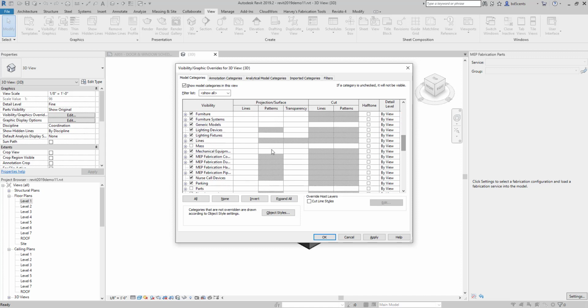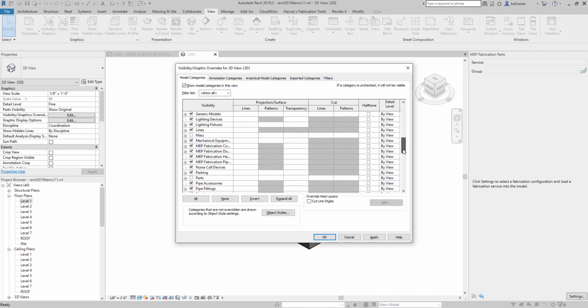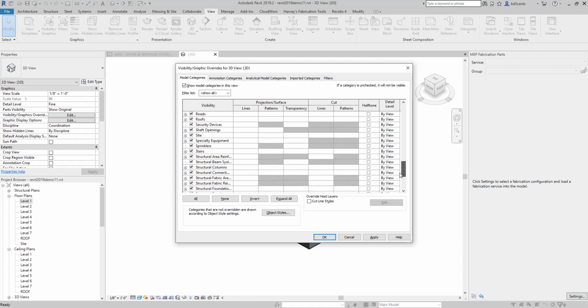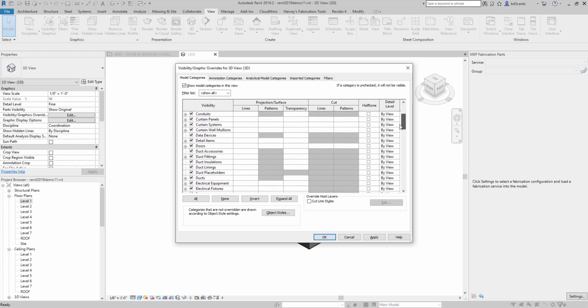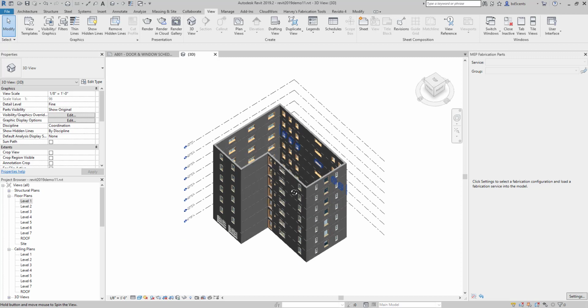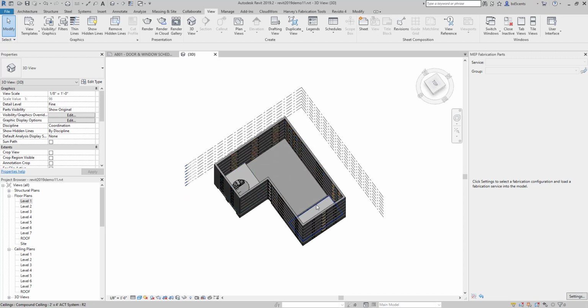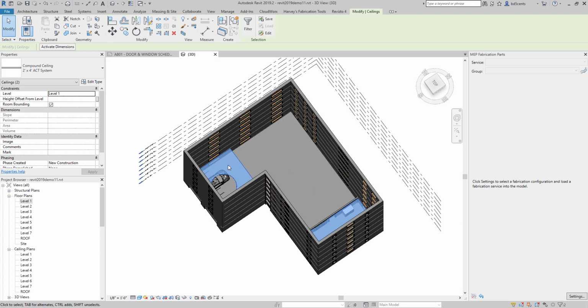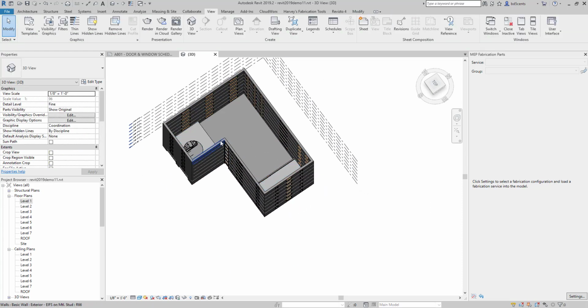I'm going to scroll through. I'm going to leave mass unchecked because I don't need to see that. I'm going to leave parts unchecked because I don't need to see that either. But you'll notice that everything is checked. Now if I hit apply and I hit OK, and I rotate up and around, now I can see my ceilings that are in here. Now I didn't copy these across the levels when I did that,